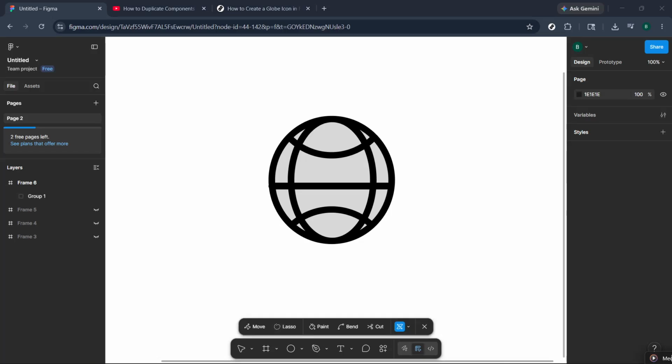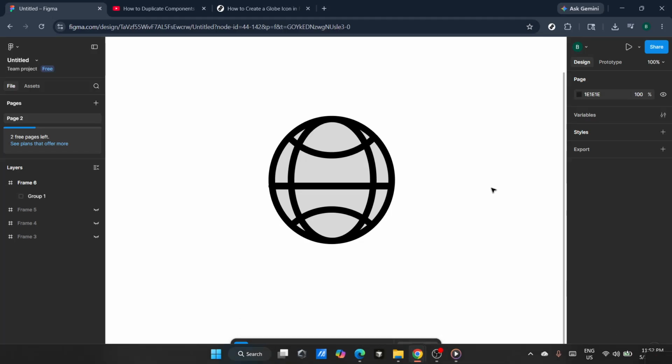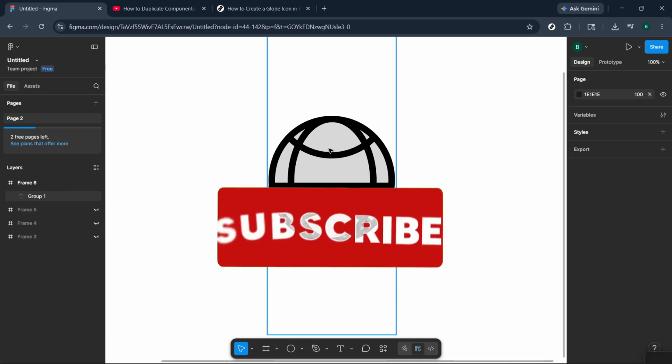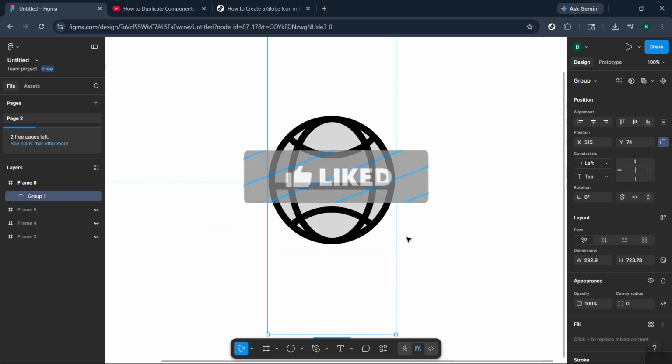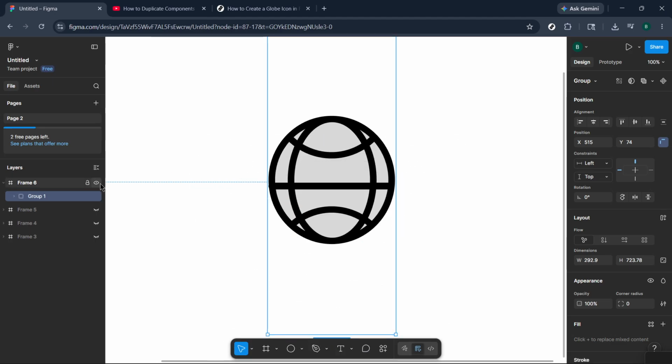In today's video, I'm going to teach you how to create a globe icon in Figma. This simple yet effective design can be a valuable addition to your projects, whether you're working on an app, website,